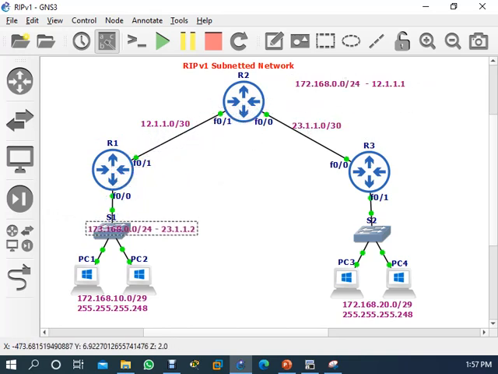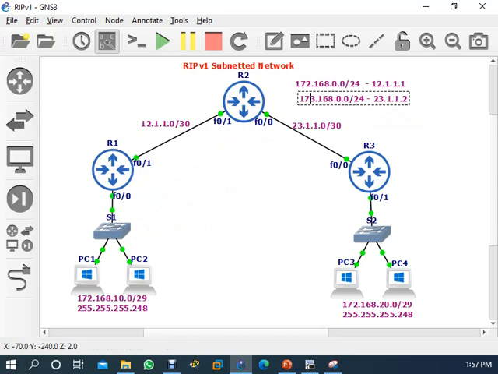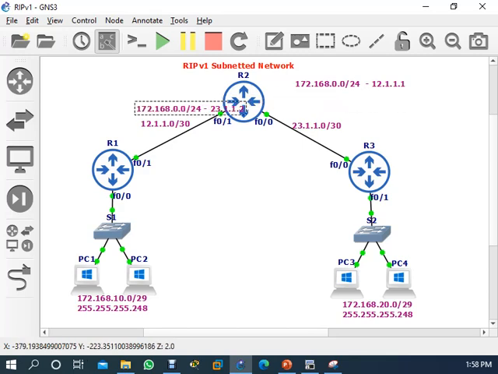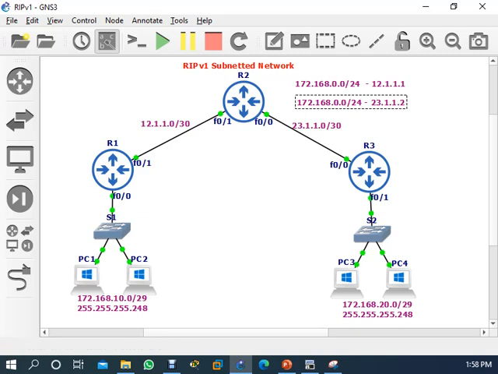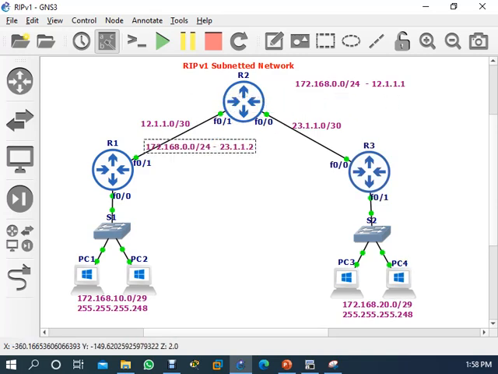That's why it is shared to R1. Are you understanding? But when it is the same, the network update is the same, so it will not be shared. It's saying that, okay, you are sharing 172.168.0.0 to me, and I am also receiving this same network from R3. So I'm not going to share it with you because you already have that network.